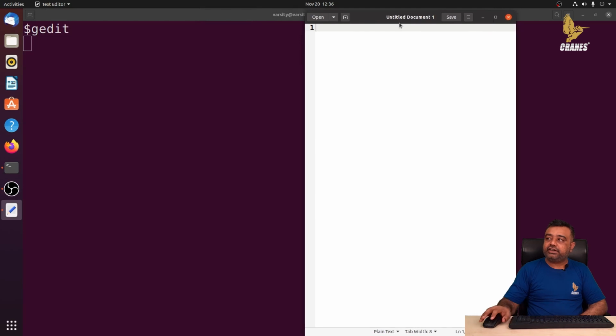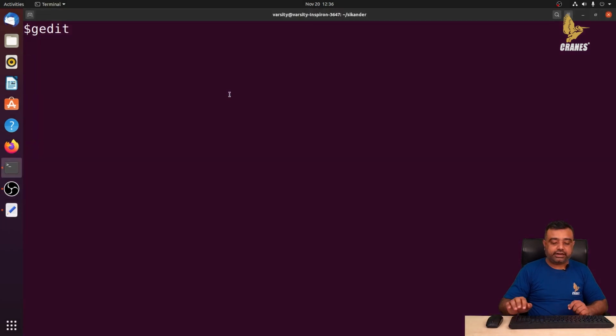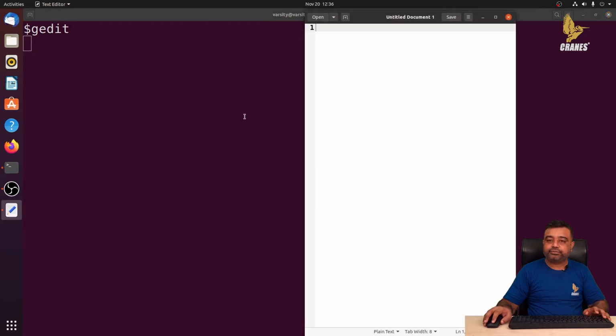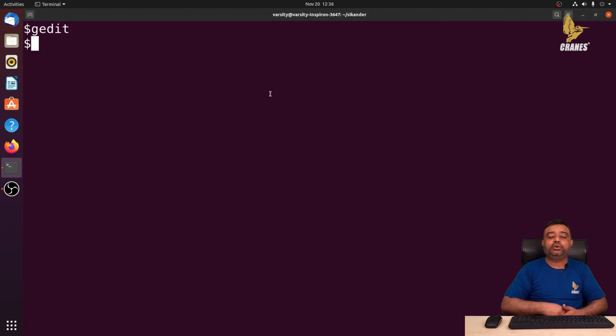But what you can observe here is when this gedit is opened, at the same time you are not getting this prompt back. You are not able to execute any other command as long as this gedit is under execution. Only when you close this particular application, then you get the prompt back. The reason is whenever you launch any program, by default it launches as a foreground process, and when you launch a program as a foreground process, it blocks the terminal till you complete that particular program.